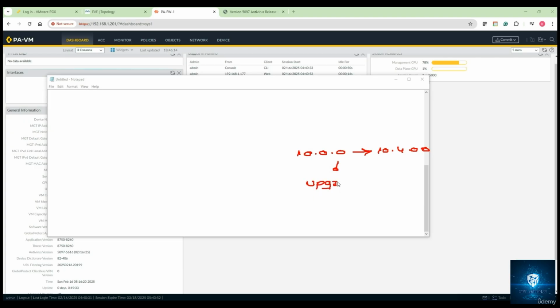upgrade path. So there is a document you can search in Google, right? Palo Alto network firewall upgrade path. So it will guide you that, okay, if current release is at 10.0.0.0, if you want to upgrade to 10.4.0.0, whether you are allowed or not, right? Whether you can go direct, or might be you have to switch to the minor versions, and then you can go to that particular